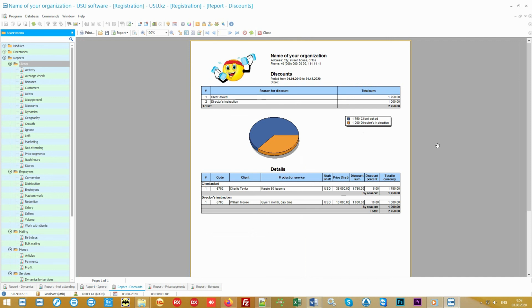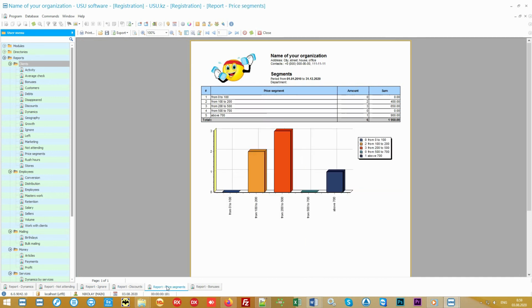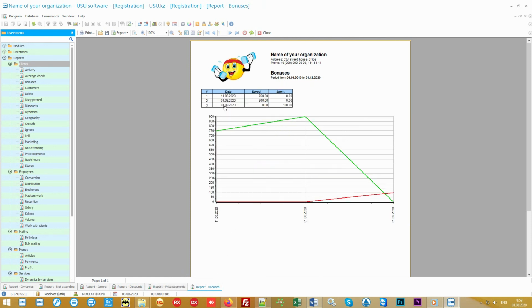The next feature is especially important if you have offers for both middle class and expensive premium services. In what price segment are the services most often bought? You can see it in the segments report. This analytics will help you identify those prices that are simply unbearable for your customers. The bonus system can serve as a good help for the loyalty of your customers. If customers receive bonuses that they can then spend, this will in fact secretly encourage them to spend even more